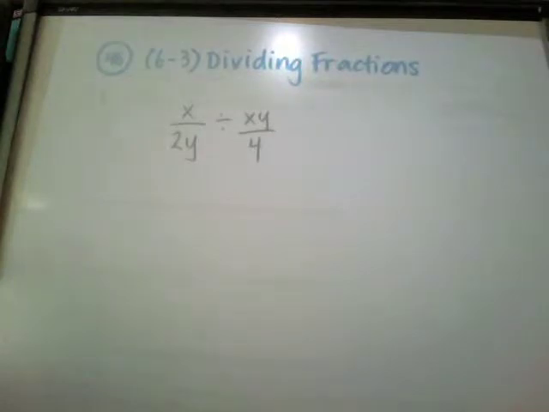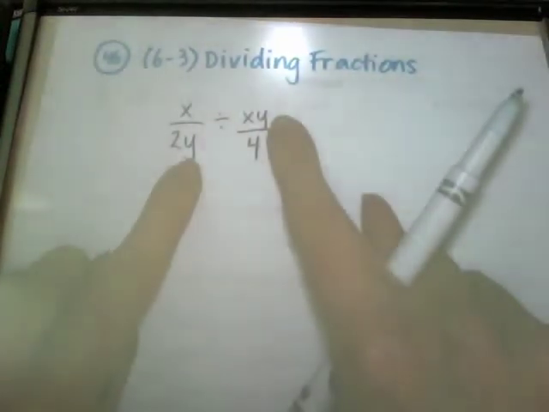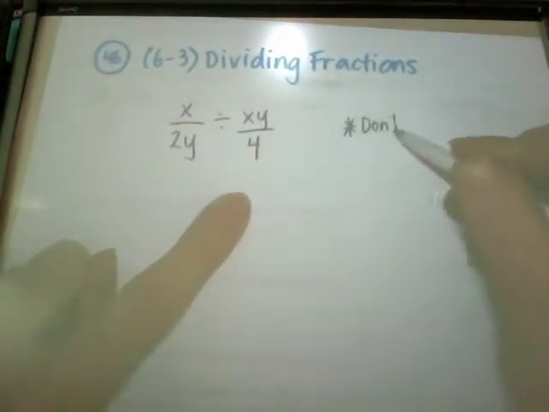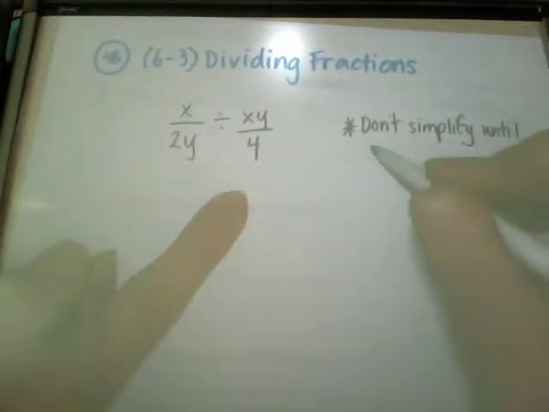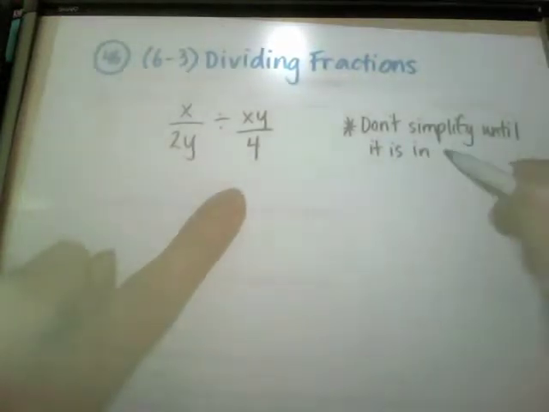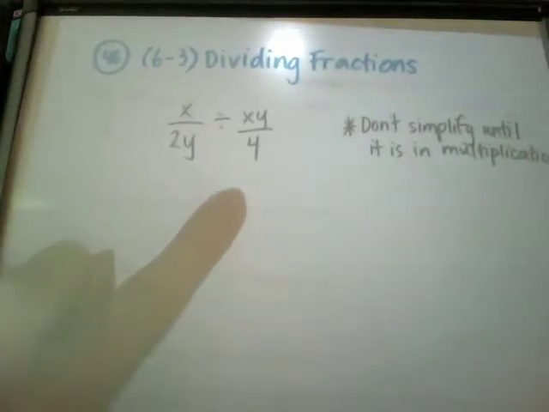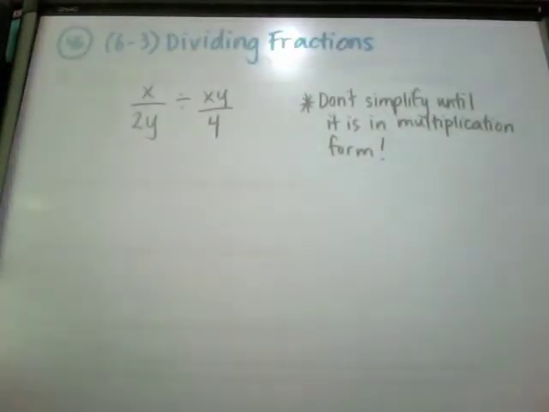Now, you cannot cancel when it's in division form. You can only start canceling when it's been turned into multiplication. So for example here, y and y, you can't cancel them. So first of all, don't simplify, right? When we cancel, really what we're doing is simplifying. Don't simplify until it is in multiplication form. So we got to wait to simplify,